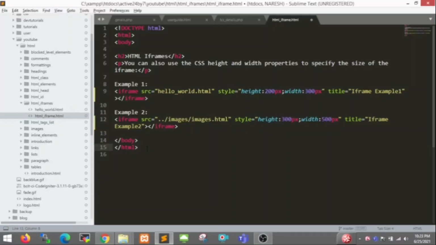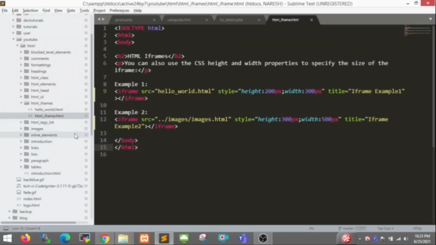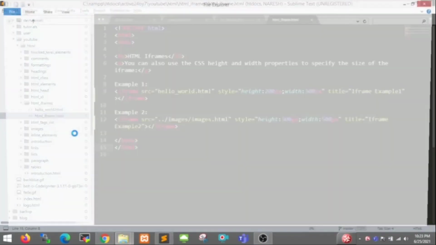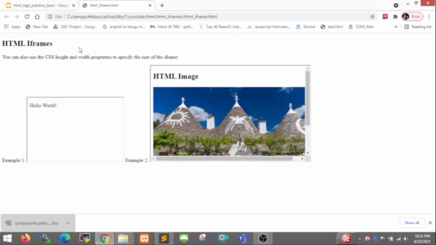Let's execute this page in our browser. First of all, I open this in my local folder, and here I created my web page. When I double click on it, it opens in our browser. Yes friends, the output is like this.